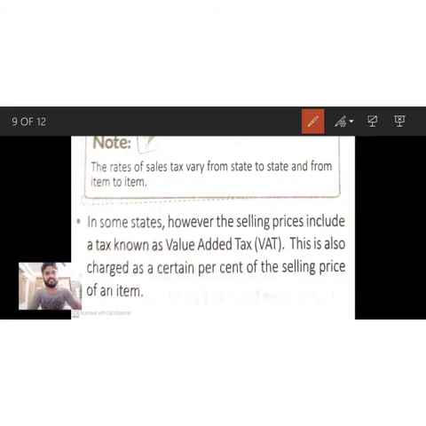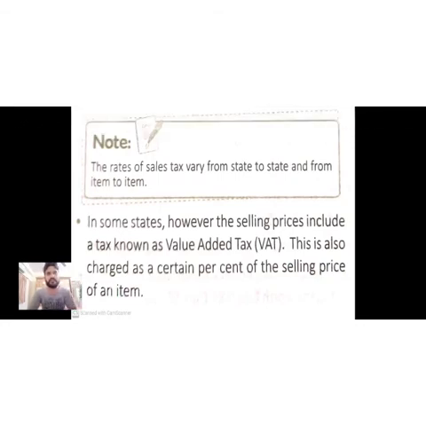if you purchase any article, on it your selling price will be written, and after the price in brackets they write including all taxes. Including all taxes means they have already included the sales tax and value added tax in it. You can see in any grocery items or in any other product, they always say after the price that all taxes are included. This is the sales tax or VAT, value added tax.